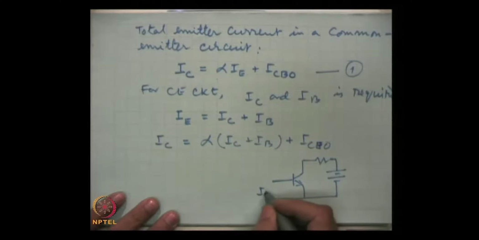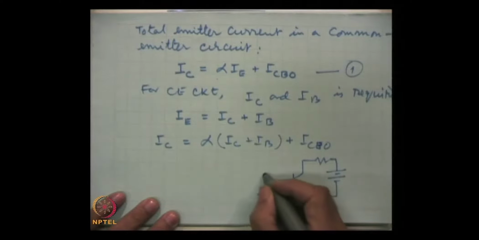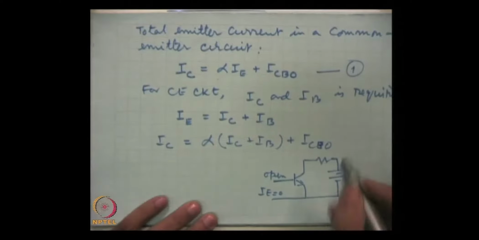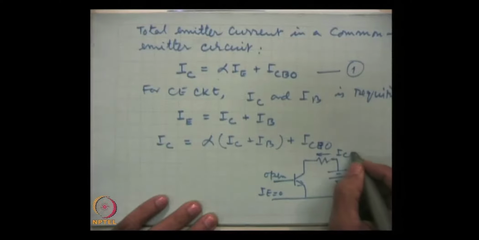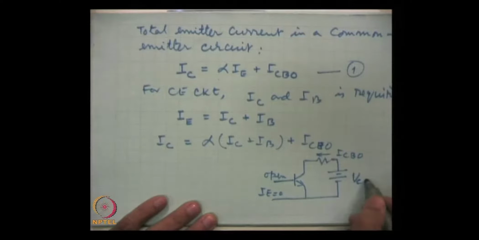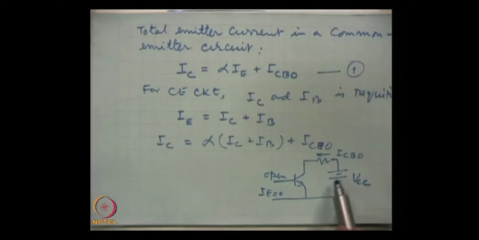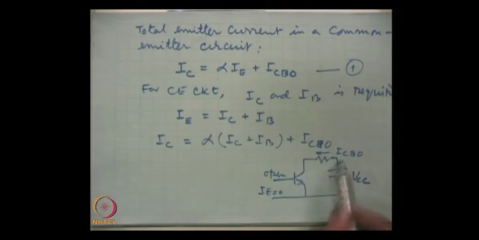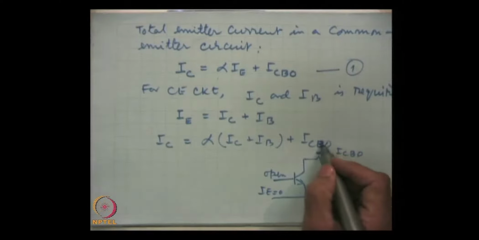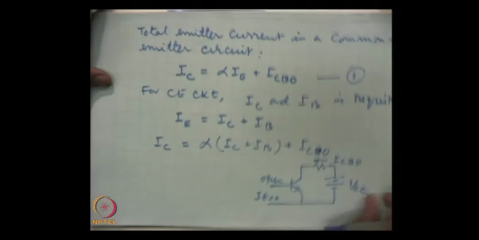IE is kept 0, this is open, and here this is ICBO. When we apply the reverse bias voltage to the collector, then this is the current which will be flowing, and we can measure it by putting an emitter, for example, in series with this circuit. So, this is that, and now this equation we continue, we further look at it, and this can be put